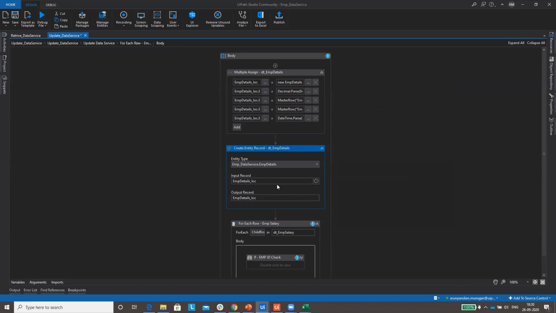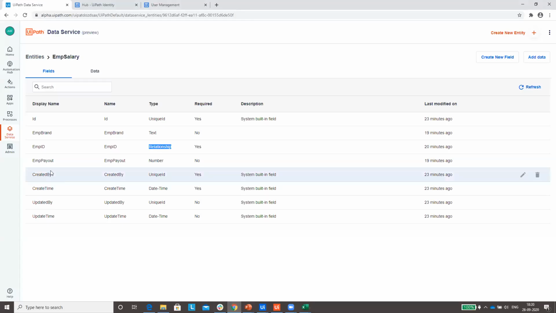It's a very good question. First, we are just adding these values, only these values. But this entity has a few more fields, like the default fields.